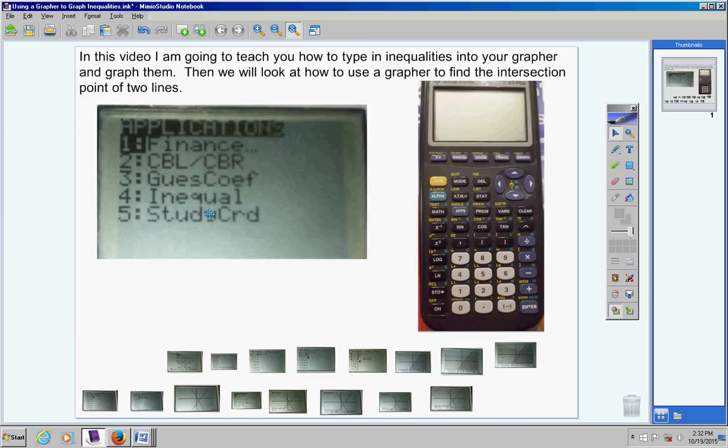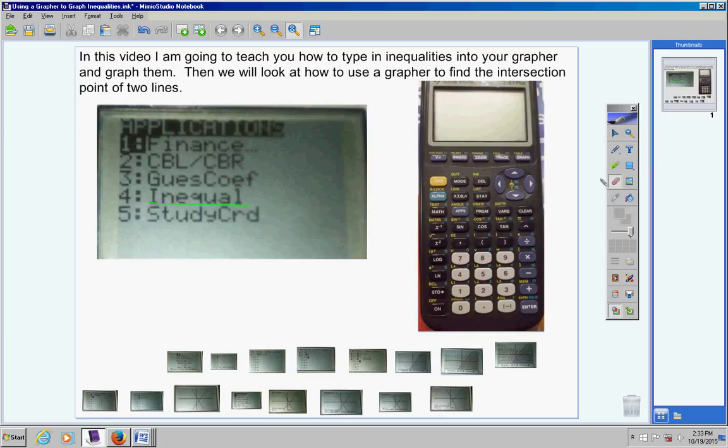You have to scroll down. Usually your apps should be listed in alphabetical order. So find the I's on your apps and look for INEQUAL right here. That's short for inequality, okay? So on my calculator, I hit the number 4 or I scroll down until this is highlighted and hit enter,